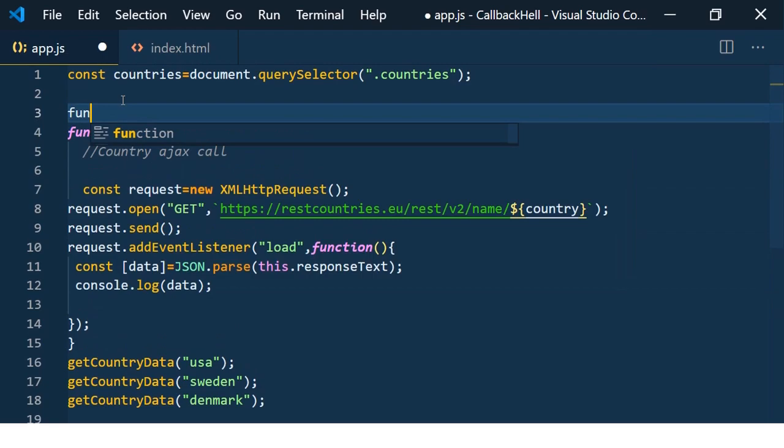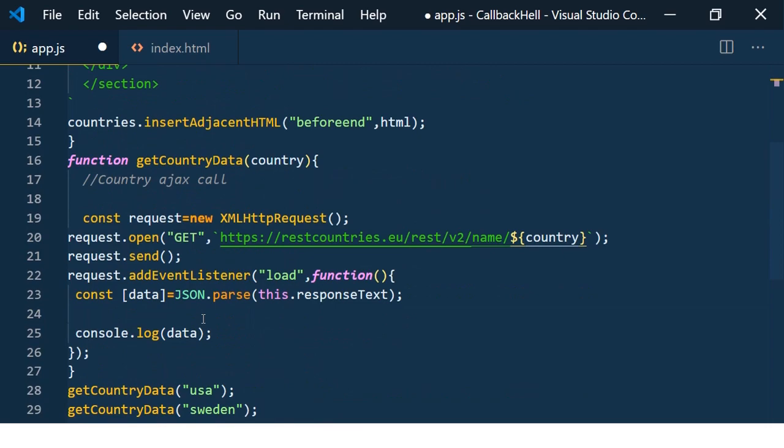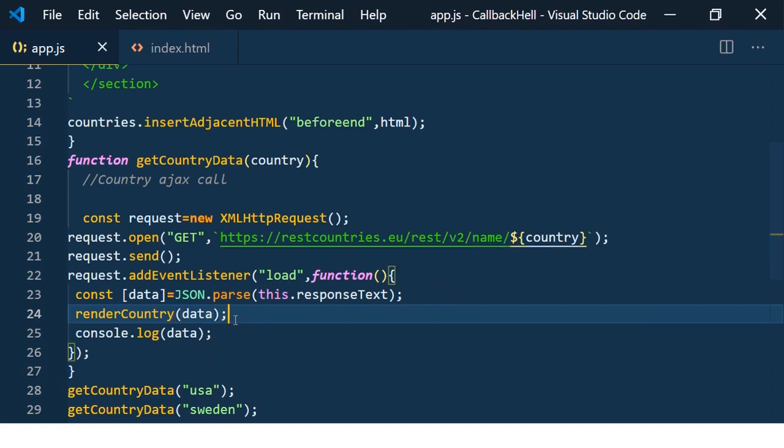Let's say function renderCountry. Here we are using the data, so we have to pass it as an input parameter. So data, and here we need to make this call renderCountry of data, save it.